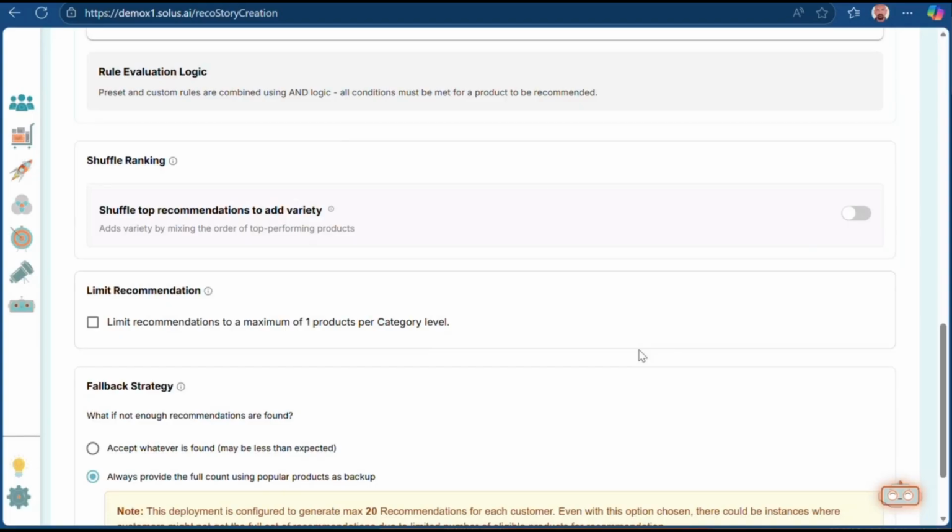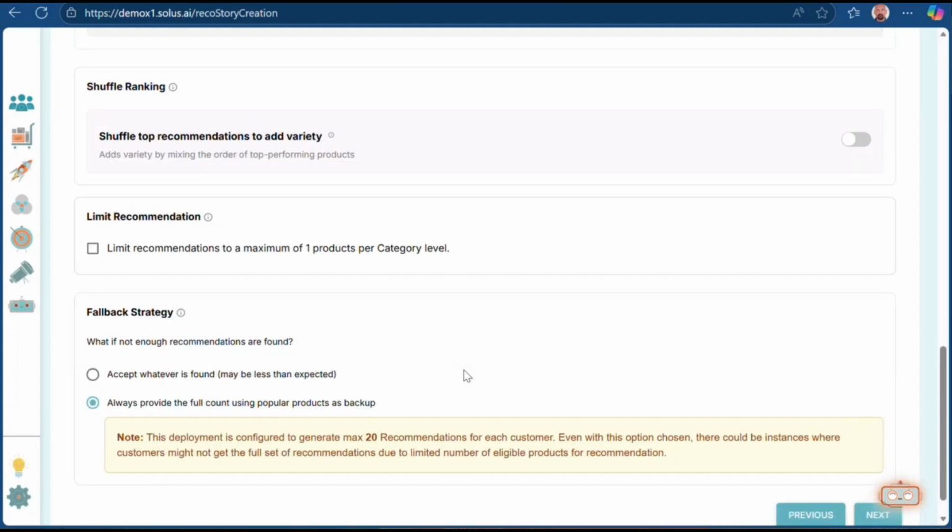What you might also want sometimes is a fallback strategy. Let's say you have a bunch of recommendations. Let's say you had 30 recommendations that you stored in your system, and in the customer's favorite category, you only had 5, but you wanted to send 10 total. How do you fill the other 5? You could provide a backup by saying, listen, the other 5 I will just fill from popular. In some cases, you might say, if I get only 3, I'll just send 3. So you have the option to do that.